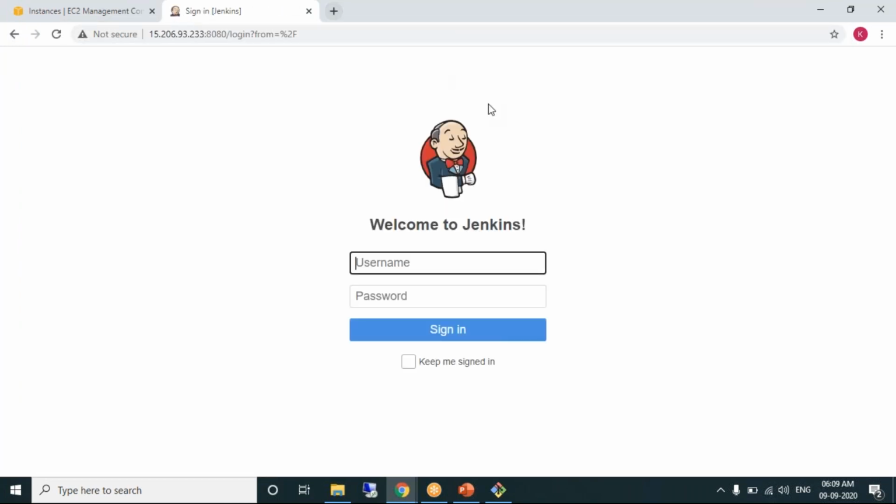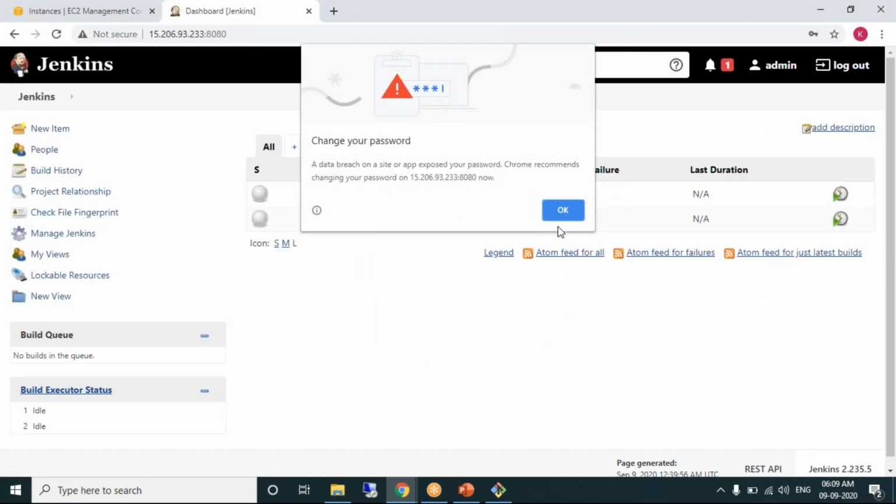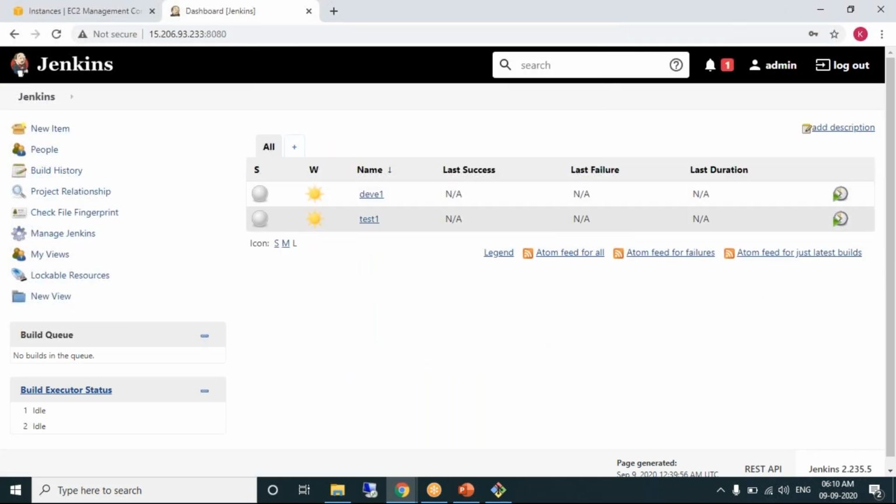Okay, let's log in. Understand a scenario. I have logged into Jenkins. As you all see, we have two jobs here, development job and test job, right? Visualize a Jenkins dashboard where you have some 20 to 30 jobs.